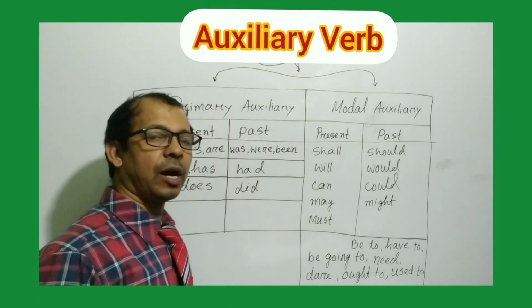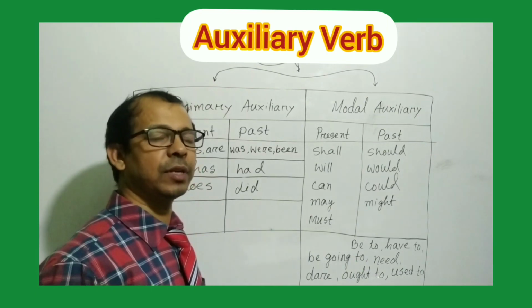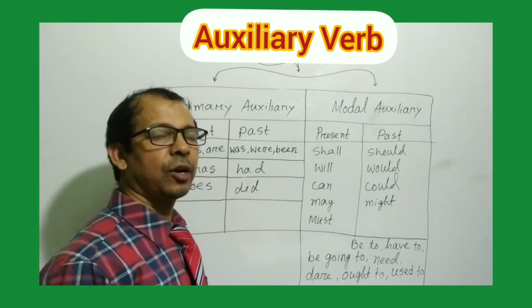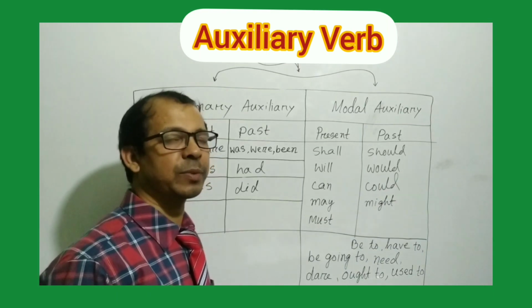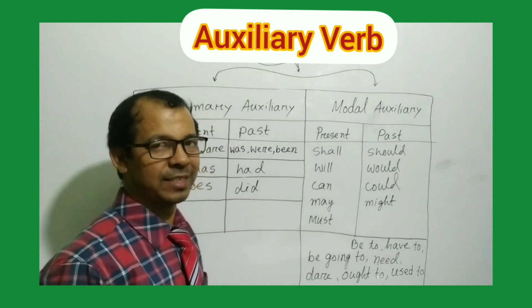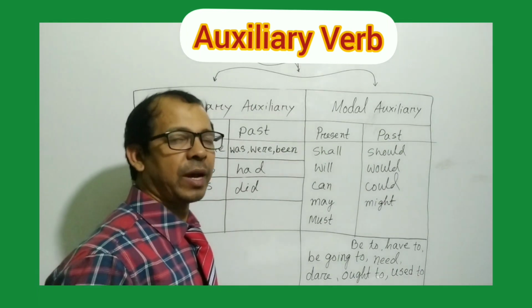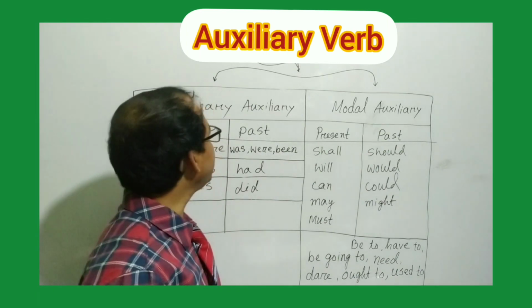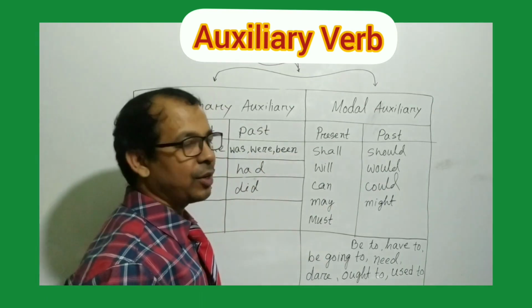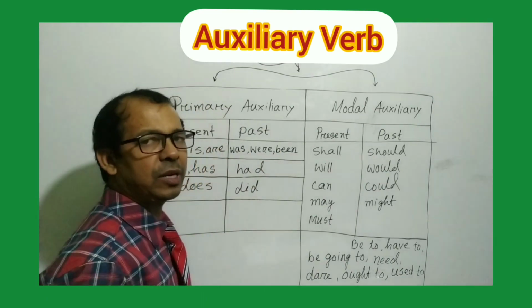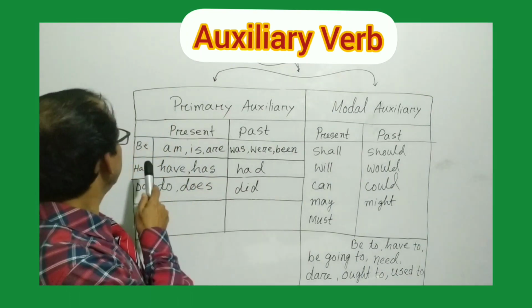My dear student, now we'll learn auxiliary verb. Already we have learned the definition of auxiliary verbs. Auxiliary verb is a verb that helps the principal verb to express the full meaning of a sentence. So my dear student, auxiliary verb is divided into two types and they are primary auxiliary and modal auxiliary. My dear student, what are the primary auxiliary verbs? So primary auxiliary verb is